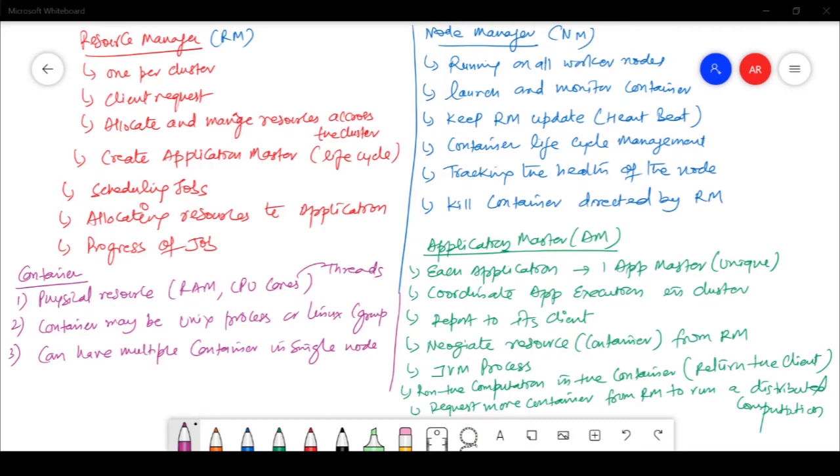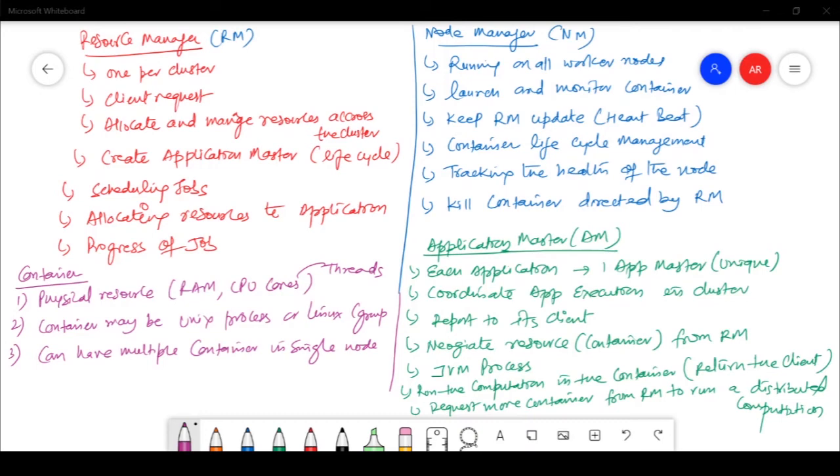And progress of the job, because the project manager will keep telling me how much work has been done. So this is about the resource manager. Just let me complete the second part also, so that in totality you can ask the question.